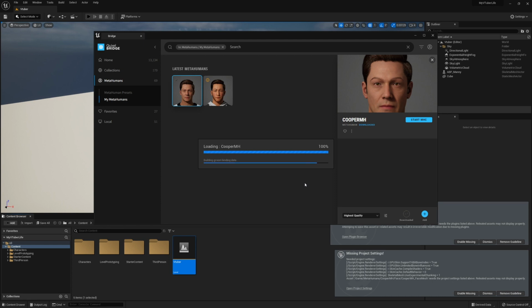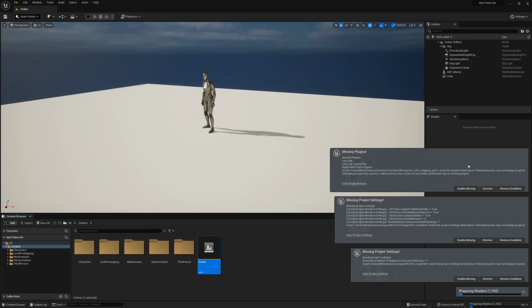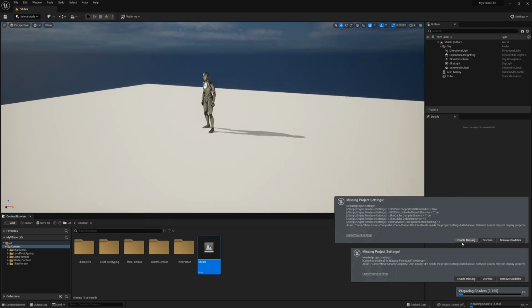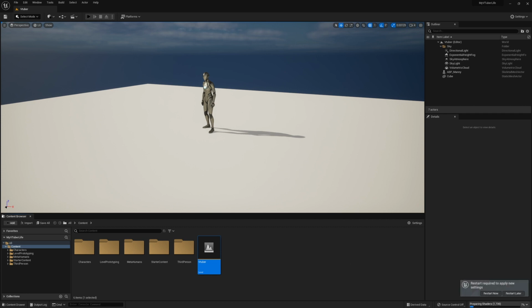And when it finishes the import, you're going to get a bunch of notifications over here, and just click enable missing, and enable missing for all those prompts. And you'll notice down here at the bottom, it says preparing shaders, 1,700 of them for me. And I want to let this process finish. So choose restart later. The reason you have to restart is because of all those plugins that were modified, but